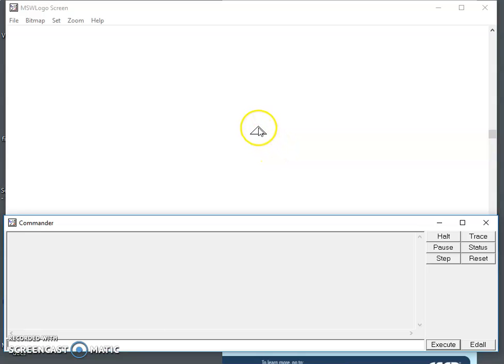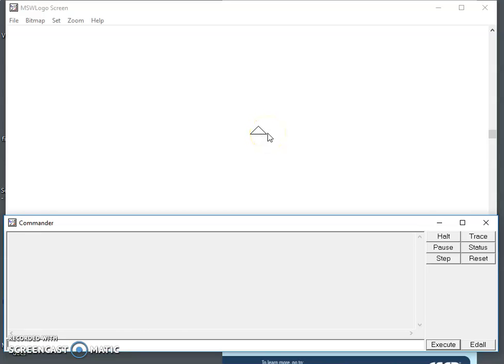Now this logo turtle that you can see is a triangle, but you can change this image into an actual looking turtle. The pointed end of this triangle is called its head, and the bottom part is called its tail. Wherever the head is, in that direction only the turtle is going to move.